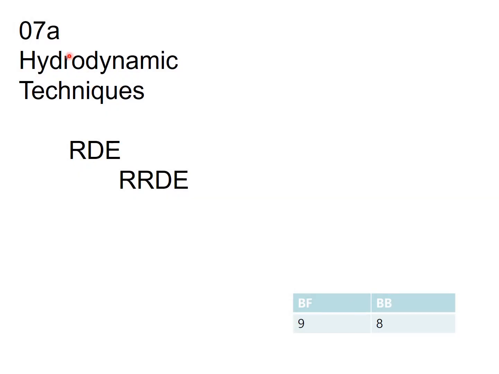This is chapter 7 about hydrodynamic techniques. I'd like to focus on this word, dynamic. In this case, the meaning of dynamic is to induce the convection or the movement of electrolyte around the surface of the electrode. Up to now, we didn't touch the electrode without any movement, or we didn't stir or agitate our